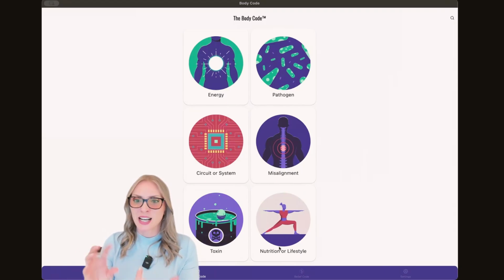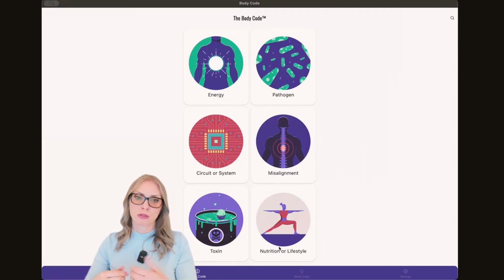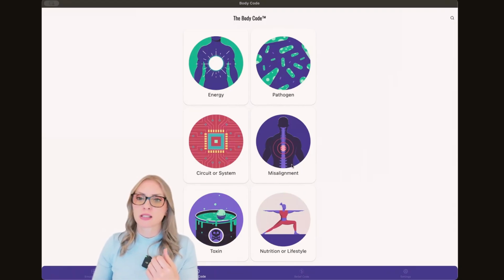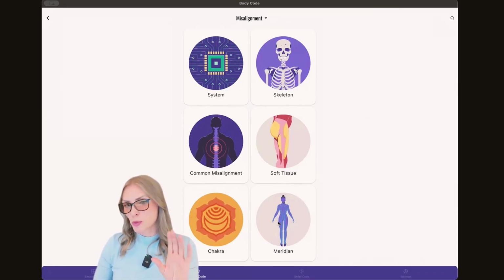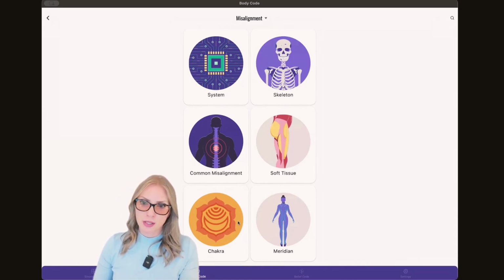So it's actually helping you find where the misalignment is, what's troubled, and also what the misalignment is. So for instance, here you have the different body systems, the skeleton, soft tissue, meridians. So there's both physical systems and energetic systems.